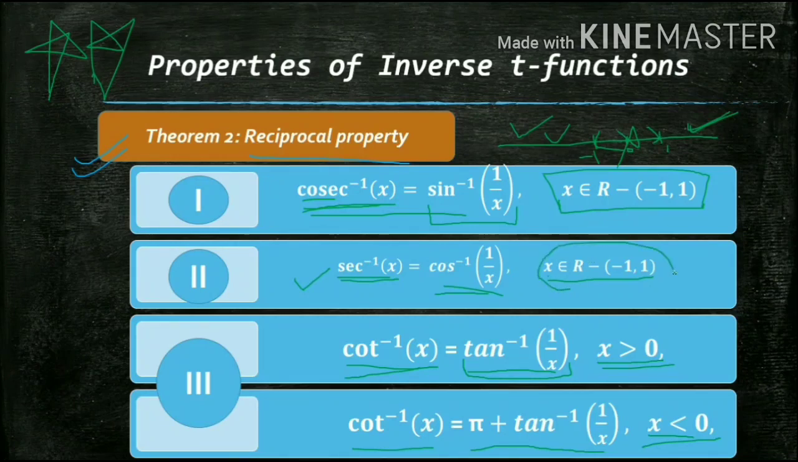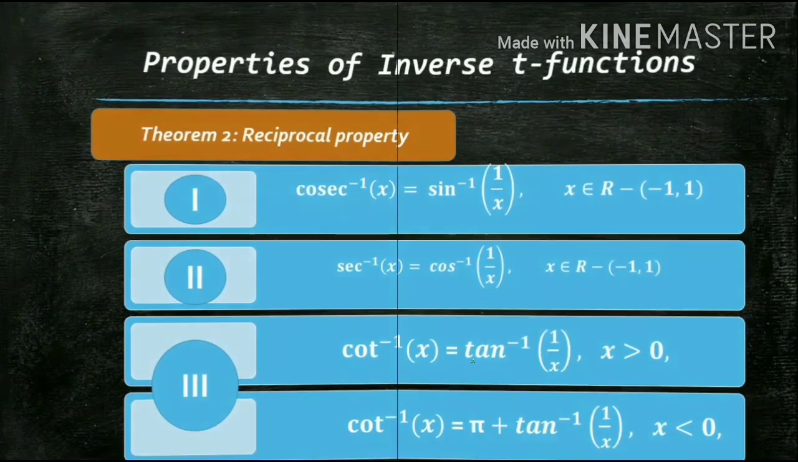Important is this restriction. For cot inverse, it is not a restriction. Just for positive it's tan inverse, and for less than it's pi plus tan inverse 1 by x. Don't forget this 1 by x also. Okay, a very easy property called the reciprocal. Reciprocal means just inverse, opposite. As you can see, x converts to 1 by x and all. And you know, cosec converts to sine, sec converts to cos, and cot to tan. Okay, so we'll study more about this in detail